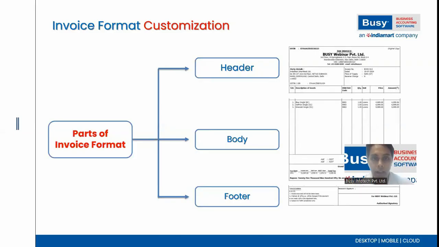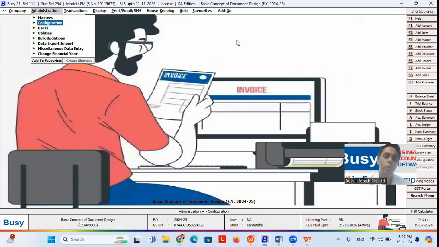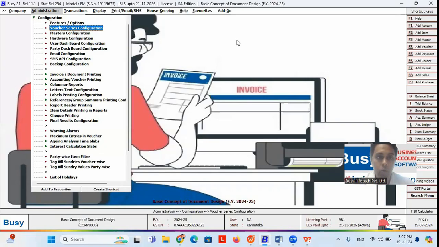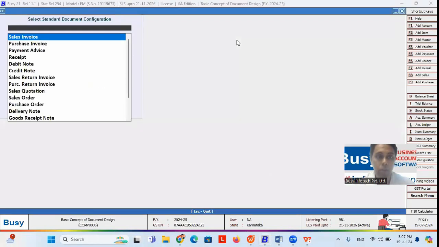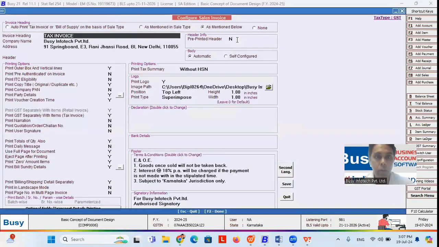Let's see practically on the Busy screen. First, let me share a simple trick that will help you to make this task quite easier for you. The trick is that if you are going to implement or customize your invoice format for the first time, then you can do one thing. You can go to Administration, Configuration, Invoice Document Printing, and enable the standard options, Sales Invoice. Here you will find many